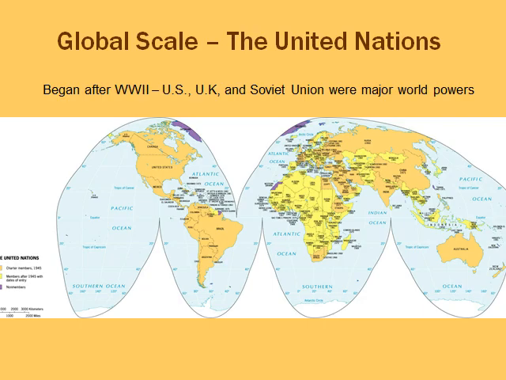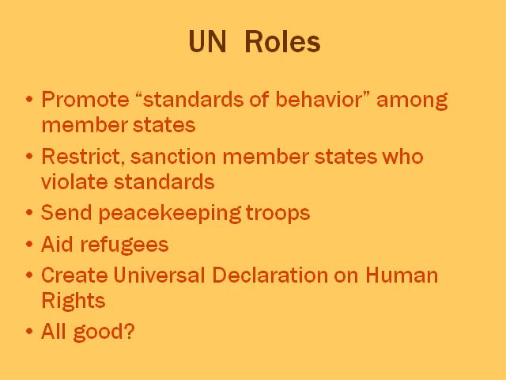Again, the United Nations began after World War II. The U.S., UK, and Soviet Union were major world powers, the Allied powers of World War II. But that changed as a result of communism and the domino effect. So then it was much more of the Cold War and conflict there. The United Nations did help prevent a possible World War III, but